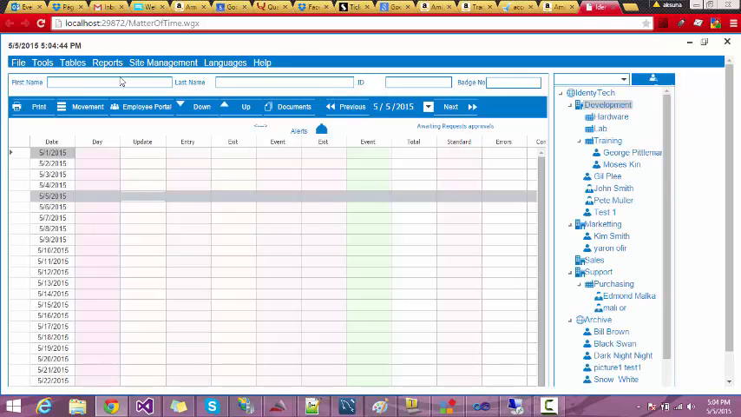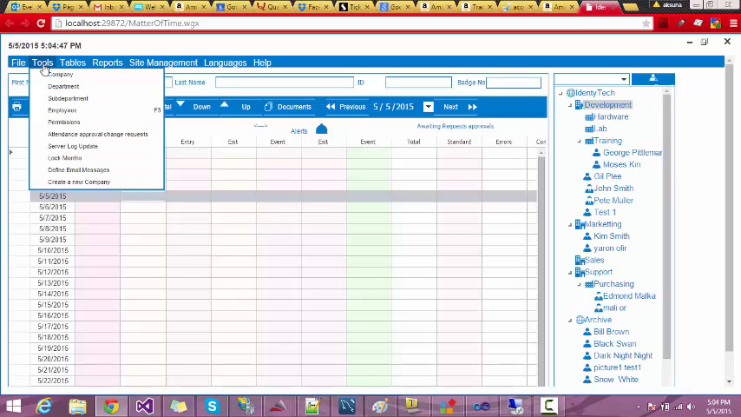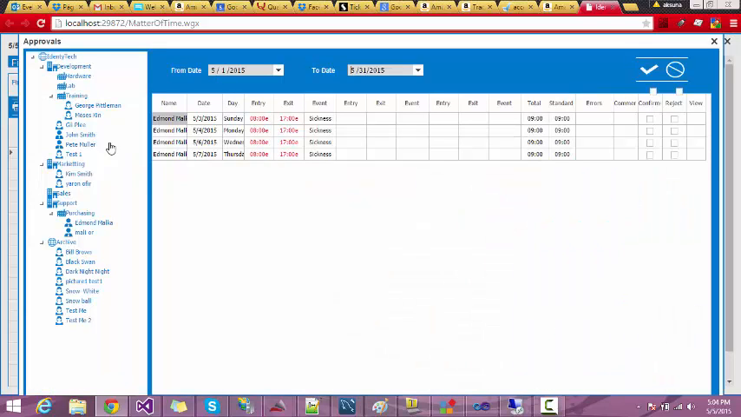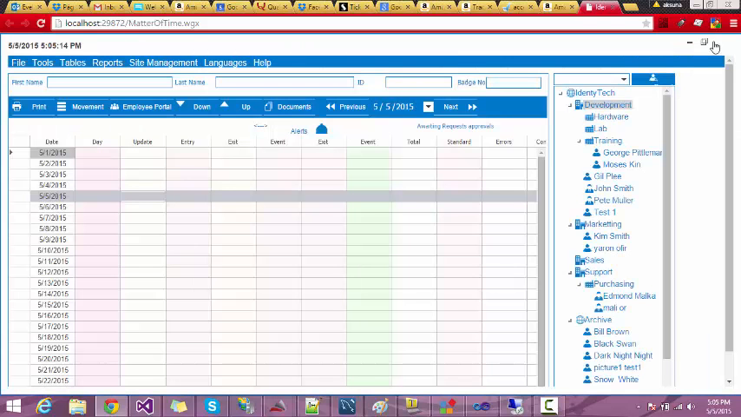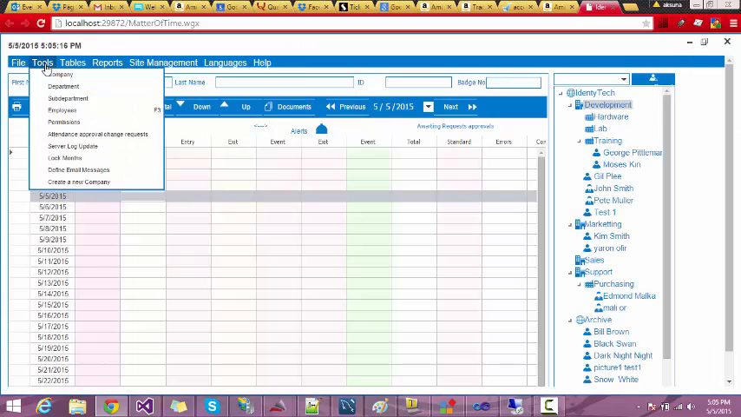manager portal, we go to the tools, and in the attendance approval change request option, this option will be only available for managers. The manager is allowed to approve or not these events that were generated by the employee. So, in the tools previously, we had seen